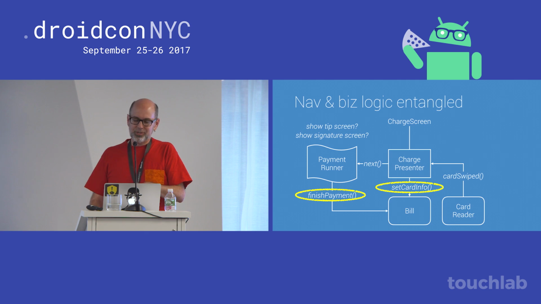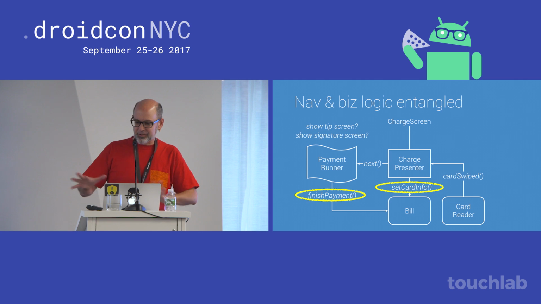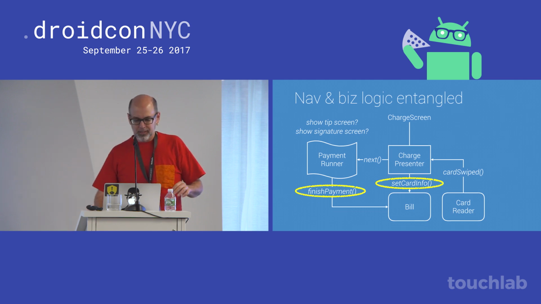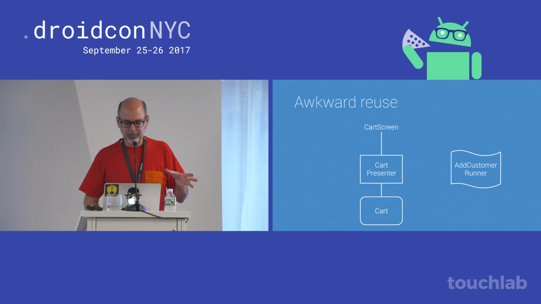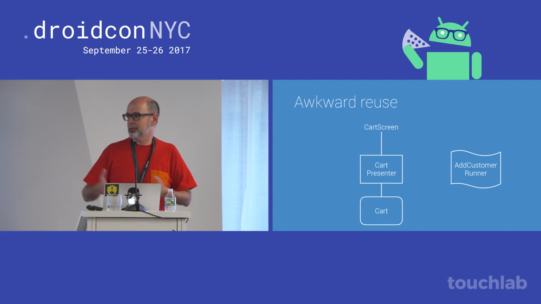Probably not. So the presenter sometimes talks to the bill, the runner sometimes talks to the bill, maybe the tip and signature screens talk to it. Things kind of get scattered about the app. And then one more kind of common painful case is reuse. How do we take a set of screens that work in one place in the app and make them work in several other